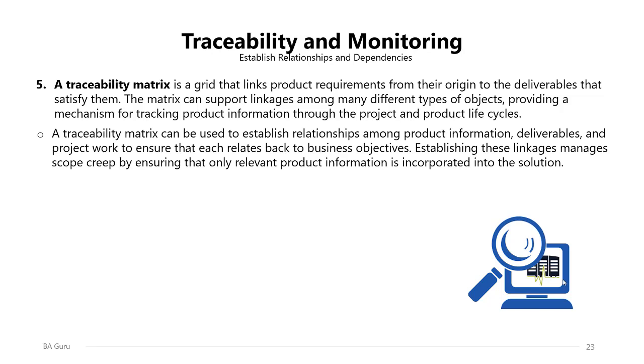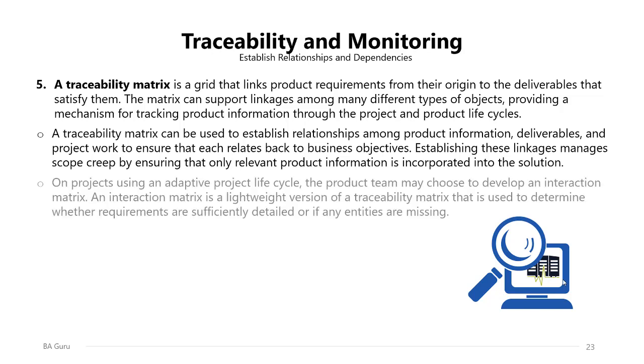A traceability matrix can be used to establish relationships among product information, deliverables, and project work to ensure that each relates back to business objectives. Establishing these linkages manages scope creep by ensuring that only relevant product information is incorporated into the solution. On projects that are using an adaptive life cycle, the product team may choose to develop an interaction matrix. It's a lightweight version of the traceability matrix that is used to determine whether requirements are sufficiently detailed or if